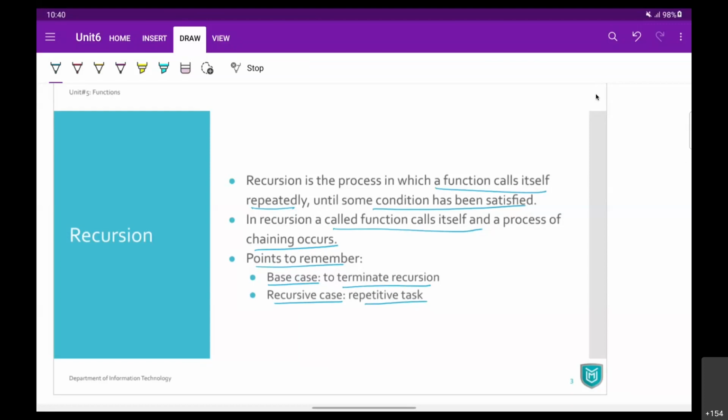So whenever recursion comes to your mind, you must be clear about two cases, base case and recursive case: when I am going to call the same function and when I am going to stop the recursion. In every example, we are going to discuss the base case and recursive case, and then find the pseudocode or algorithm to perform that process.